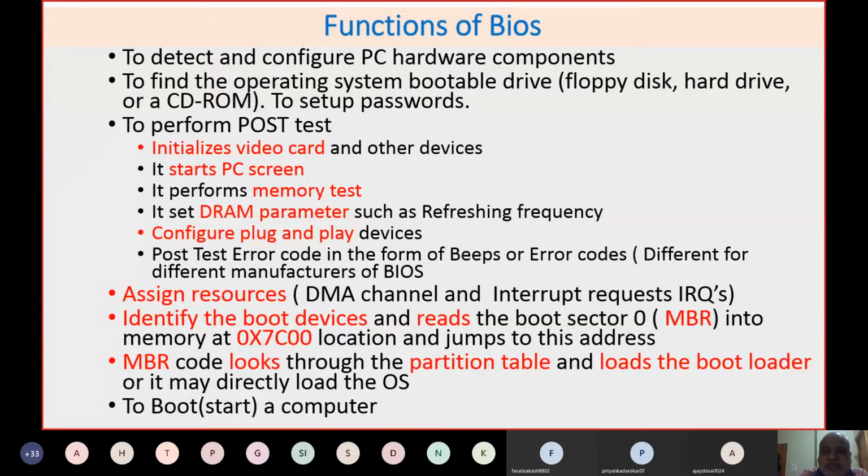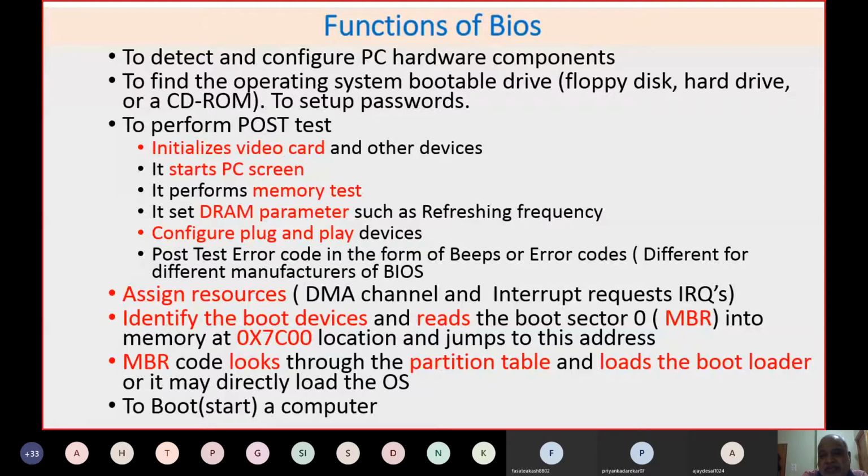It is normally used to set up passwords, and it is also used to set the date and time of a system. Once it is set, this will continue as long as your battery is alive. That means whatever changes we make, the password, date and time, or bootable drive, are actually stored in CMOS. And this CMOS is continuously powered by a 3 volt lithium battery.